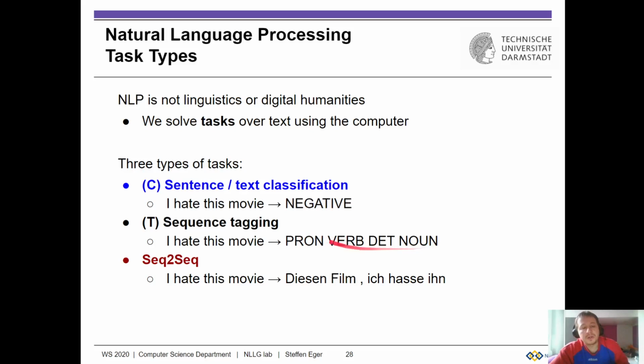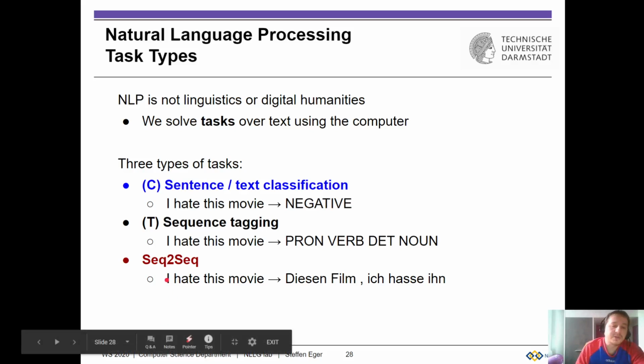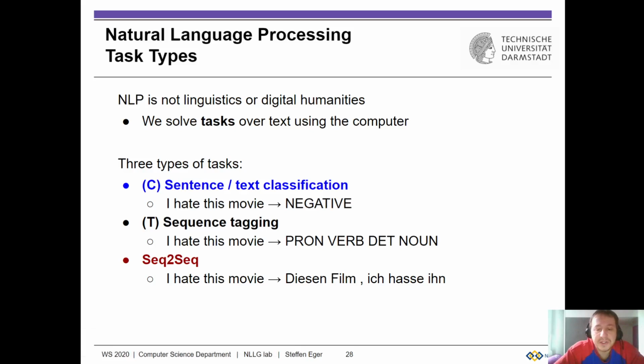And the final problem class is even more difficult than the previous two. In this case, we don't want to label the whole text, and we also don't want to attach a label to each element in the text, but we want to rewrite the input text. This is also called sequence-to-sequence modeling. A classical use case is machine translation, where, for example, you have the English sentence and you want to translate it into German. And this is more difficult than the previous two, because in this case,